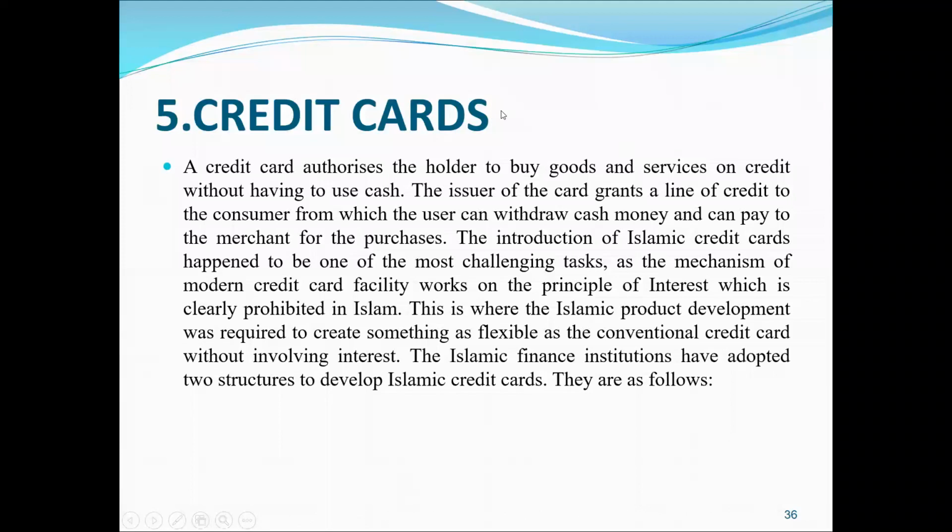Okay. So basically how the credit cards work, you all know. By the way, if you have any question, you unmute your microphone and ask the question, okay? Or you can just type in the chat box here. I can see it easily. So which way you prefer, it's up to you.